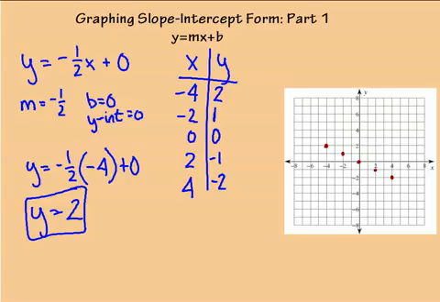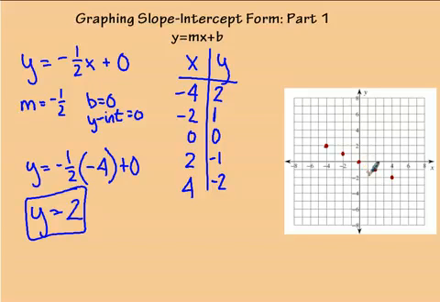All right, I went through and completed the rest of the table, and I also plotted the points. And you can see that if I drew a line through these dots, it would definitely be going in a negative direction, going down and to the right. And also, you can see it's a little bit flatter than the previous graph. Remember, if I made that into a -1/3 or 1/4 or 1/5, this line would be even flatter and flatter,